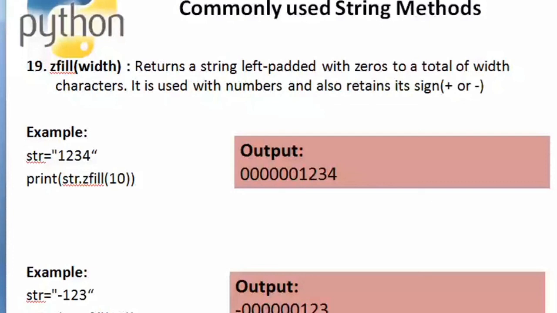So what is the width that I have mentioned? The width is 10 columns. In the 10 columns, it will fill the string to the right, and whatever is leftover gets padded. How many letters are there in the string? 4 letters. The width is 10, so 6 characters are left out. For these 6 columns, it will put a 0. So it puts 6 zeros followed by the string, and the whole output string will be 10 characters.